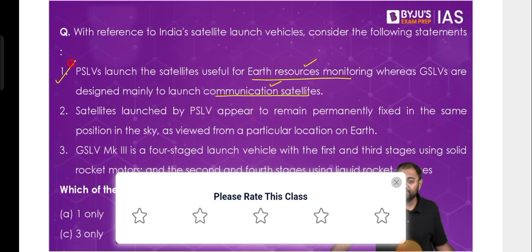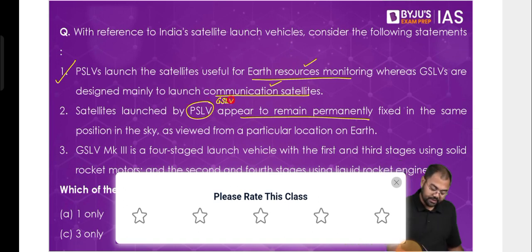We discussed that when you are in the polar orbit, you take 1.5 to 2 hours to complete one revolution. So from that perspective, you can't really say that it can remain fixed. And which one remains fixed? Yes, Chaitanya, you're correct. Others, can you tell me which is the one that remains fixed? Which orbit remains fixed? Geostationary, right? Geostationary, because it is stationary with regards to the Earth. So permanently remaining fixed will be not by PSLV, but rather by GSLV when it is sending satellites to geostationary orbit. So that's why this is wrong.